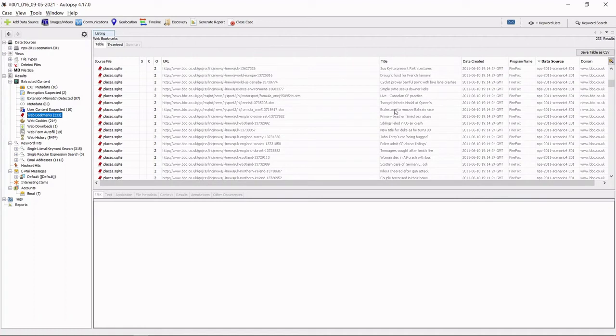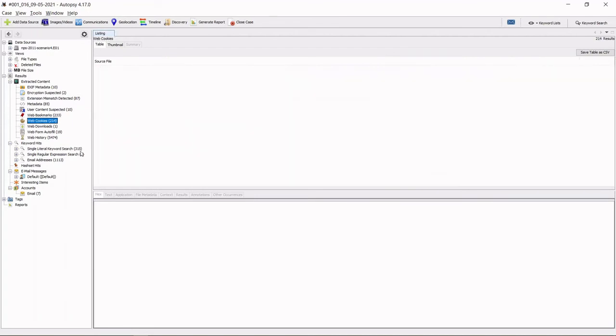This all seems like news, so we can maybe say the person using the system is interested in news and may be very well updated with current affairs. That is one assumption that can be made. So that is bookmarks.